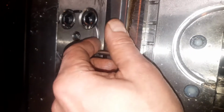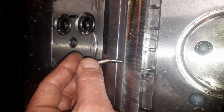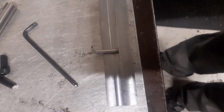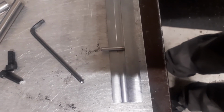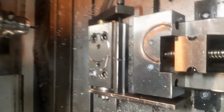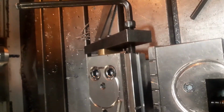Here's the finished jig. The track here should be a little less shallow, but again, it will suffice for what I'm going to do. I think it turned out pretty nice. Normally I would polish the backside and stuff like that, but I'm in a bit of a hurry. Okay, this is the complete rig, and I know many machinists would think this is a bit of an overkill